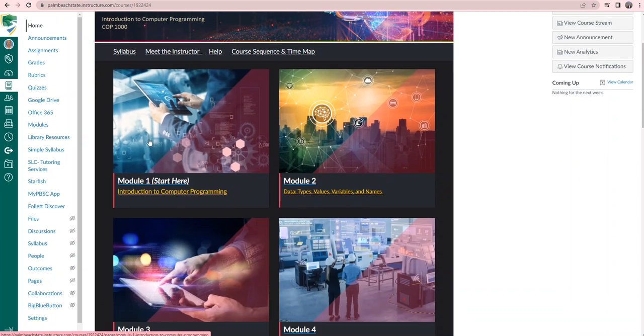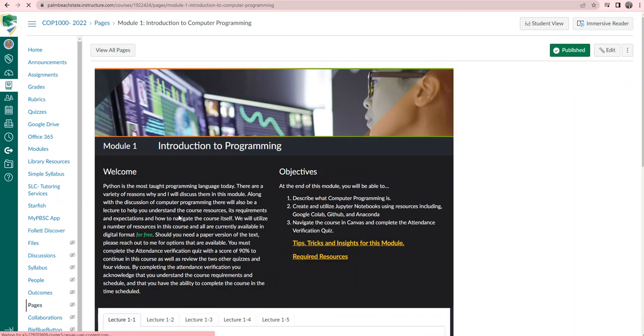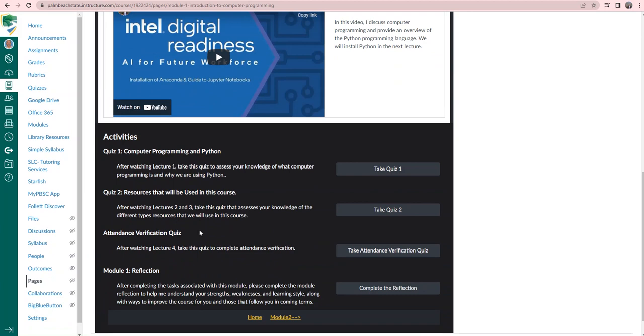We've got the different modules, and we've started here in Module 1. To be able to access any of the modules after Module 1, you need to have completed this, as you see down here at the bottom,